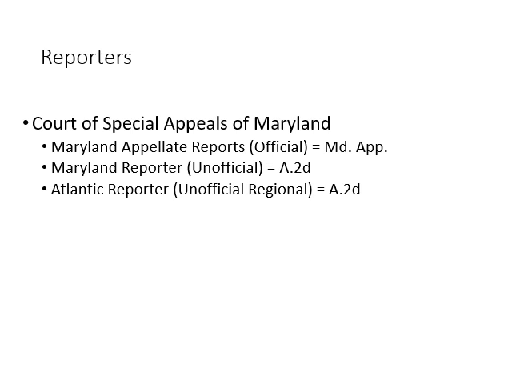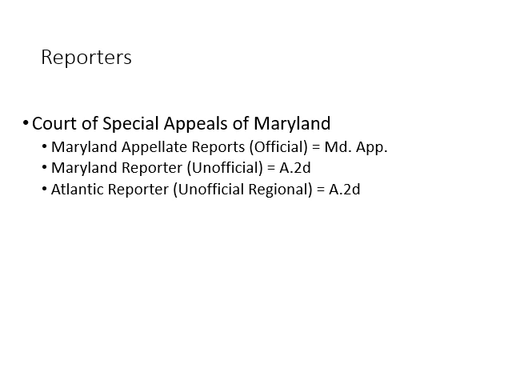Maryland's Intermediate Appellate Court, the Court of Special Appeals of Maryland, also has official and unofficial publications. The standalone official publication is the Maryland Appellate Reports. This is Md. App. Now, just to go back, I can't go back, but on the slideshow, if you happen to go back, you'll notice that the highest court opinion, the Court of Appeals, is abbreviated just Md., but the Intermediate Appellate Court is abbreviated Md. App.